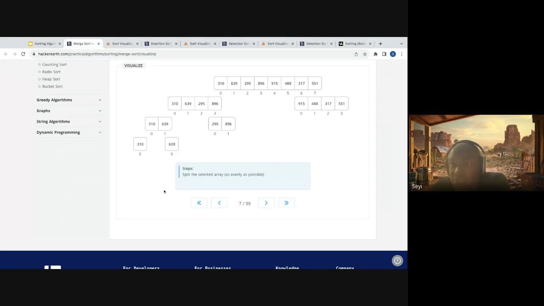Now, the question becomes, when I go back to the parents, can I combine the two of them to give me a sorted array? Well, it's easy, right? Since there are 2 items. If the left is smaller than the right, put the left before the right. If the right is smaller than the left, put the right before the left.